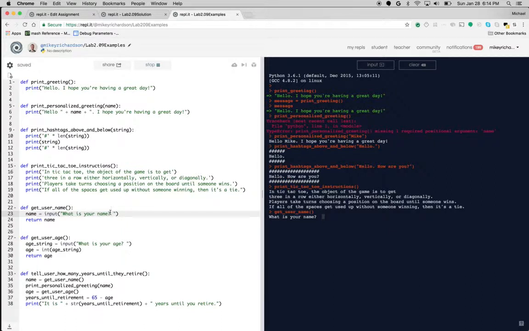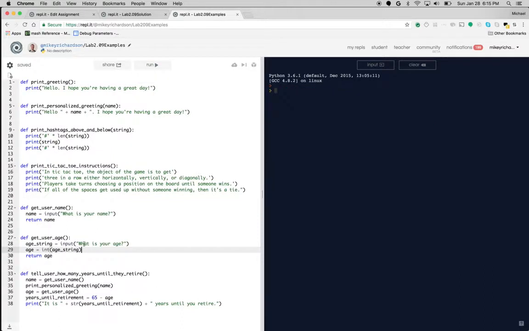I had put an extra space in here, but it looks like the input function already adds a space in, so you don't need that extra space right there. I'm going to stop and redefine all of these. Let's see, so get the username. Now it says, what is your name? And notice how it adds a little space for you, and then there's a portion right here for the user